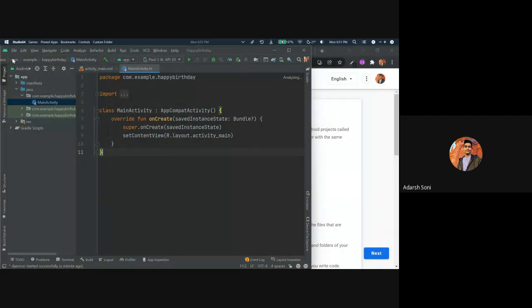In the top left corner, you can see written Android. These are our project files. The first folder is app, where all our files of the project are there.